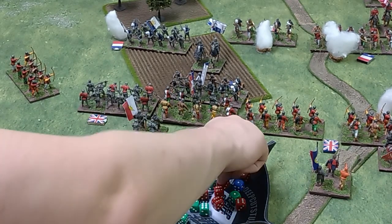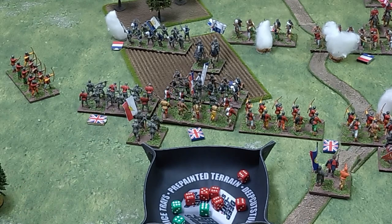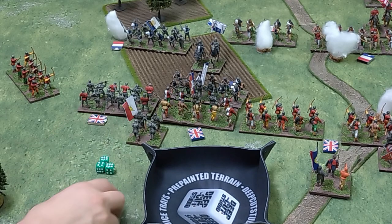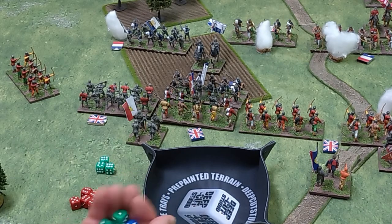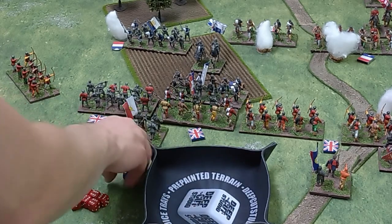That's a very good hit from Somerset. That's actually a very good hit from everybody. So we're looking at currently 6 hits caused by Somerset, 3 by Exeter. Exeter, from a supporting perspective, both can support because we're within 6 inches. They're looking at 4s, and it is only 2 from the men at arms. So we're looking at 4s. So that's 3 extra hits from